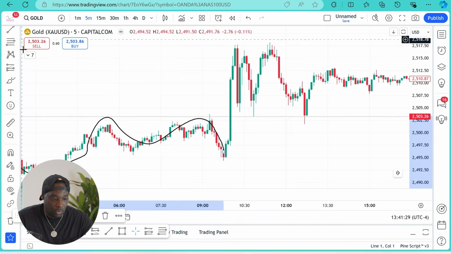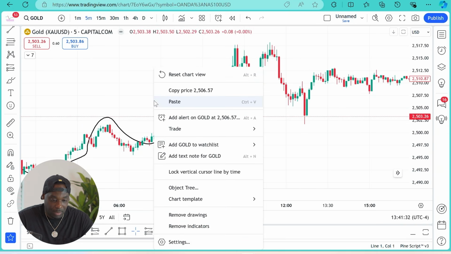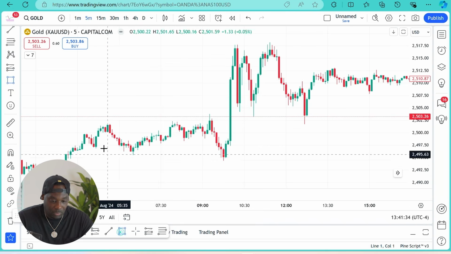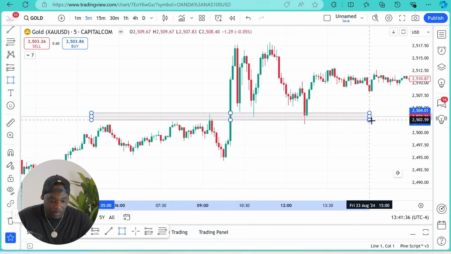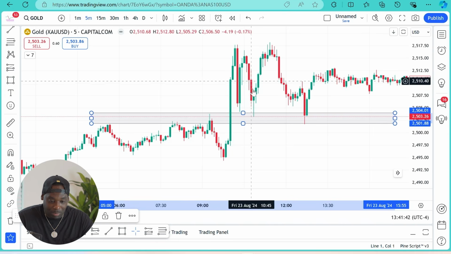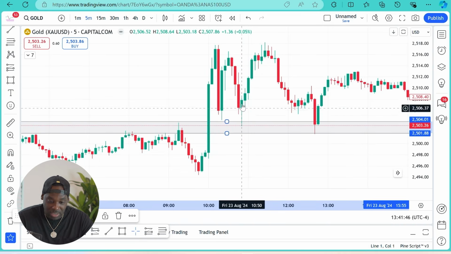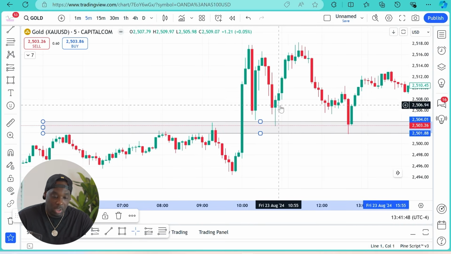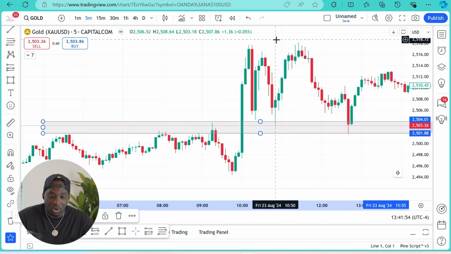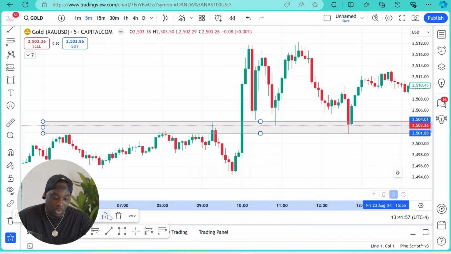So I'm looking for key levels. Let me erase this. We have a key level right here, okay? We have resistance turning into support right here. So guess what? Market came back to this level right here. And guess what? A nice reaction, again, pin bar, rejection bar, whatever you want, a nice solid bar too. We're looking to get in. So we could target the highs right here. So that would be one trade right there.